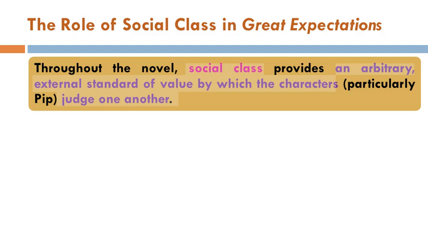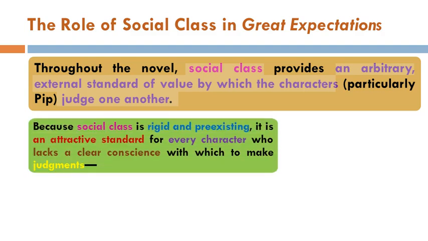Although social class is considered to be an arbitrary external standard of value. And because social class is rigid and pre-existing, it becomes an attractive standard for every character who lacks a clear conscience with which to make